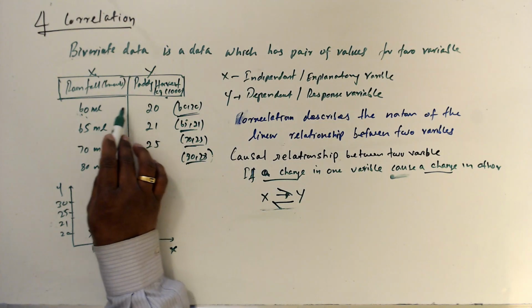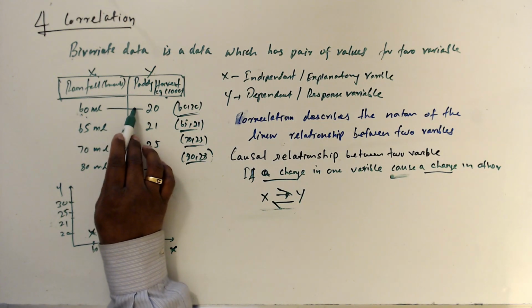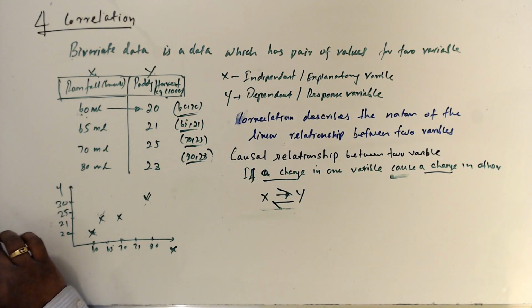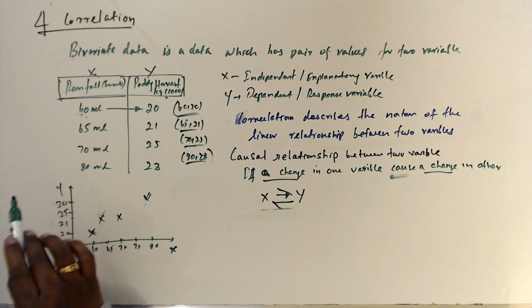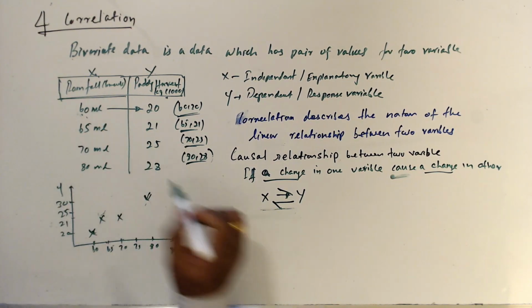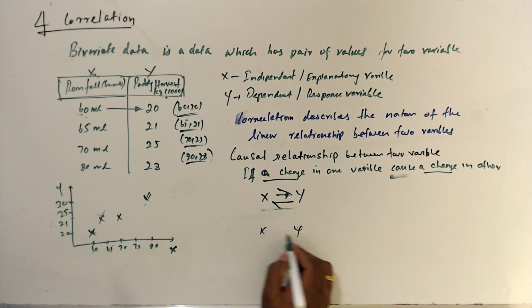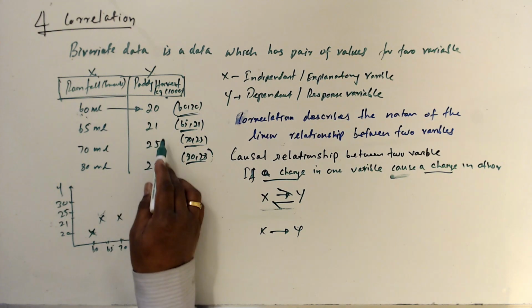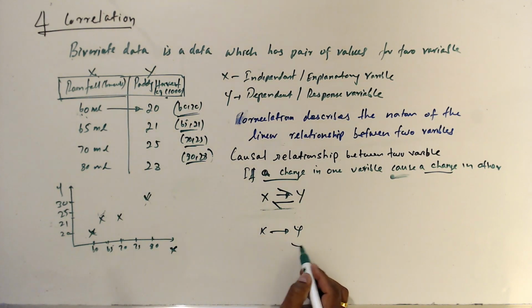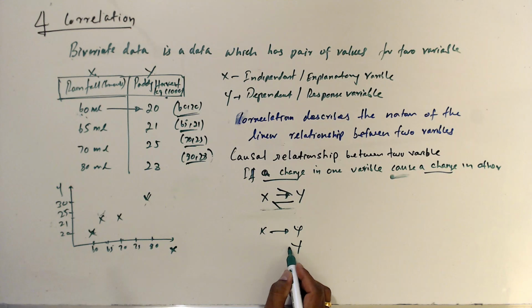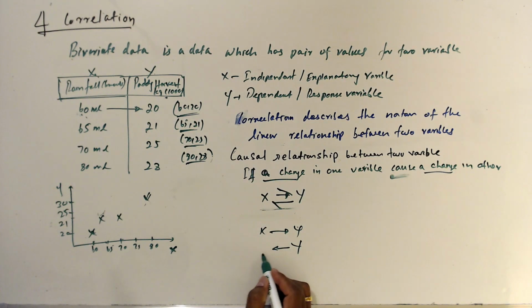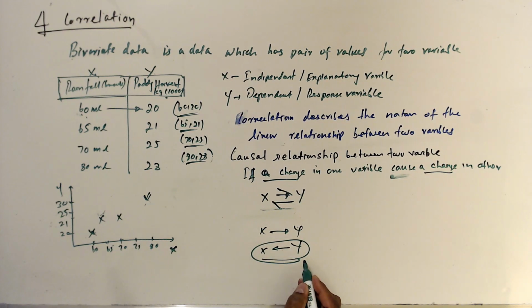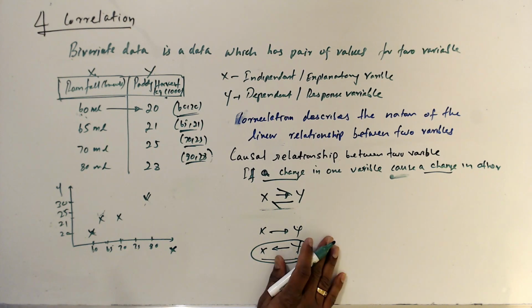Yeah, paddy is increasing because of rainfall, and x to y is fine. But assume that because paddy is increasing, y is increasing. Can you bring this arrow to the left side, that because of rainfall it is happening? Who knows? It can be because of fertilizers. So then it is one way,